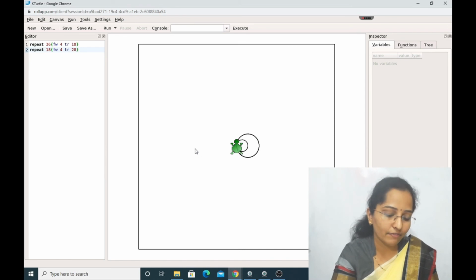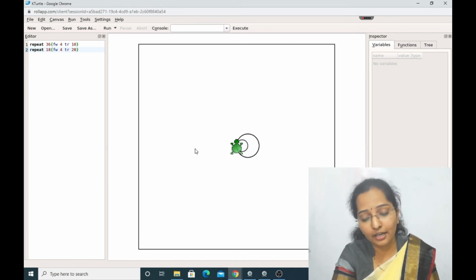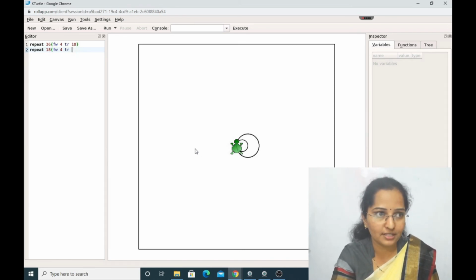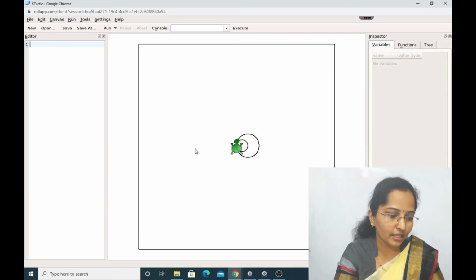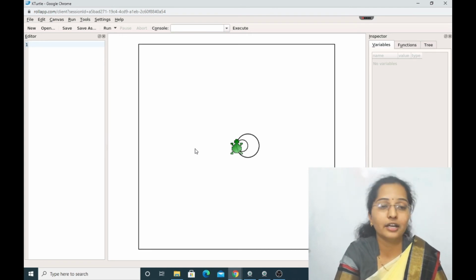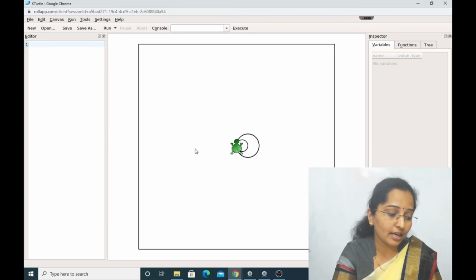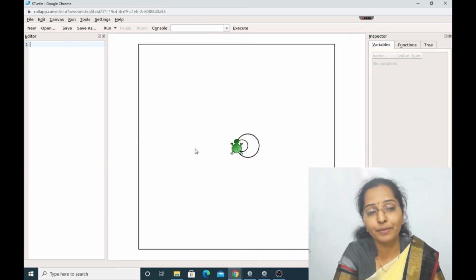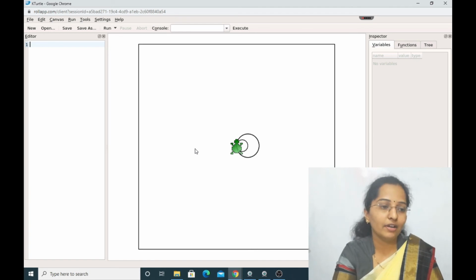Okay, now last we'll use the nested repeat command and draw shapes. Page number 55. To draw the hexagon using the nested repeat command, they have given the command in the last line on page number 55. Please open page number 55 and we'll write now.